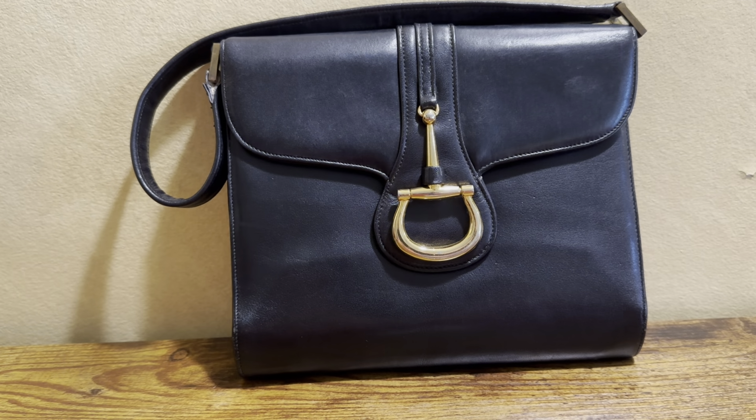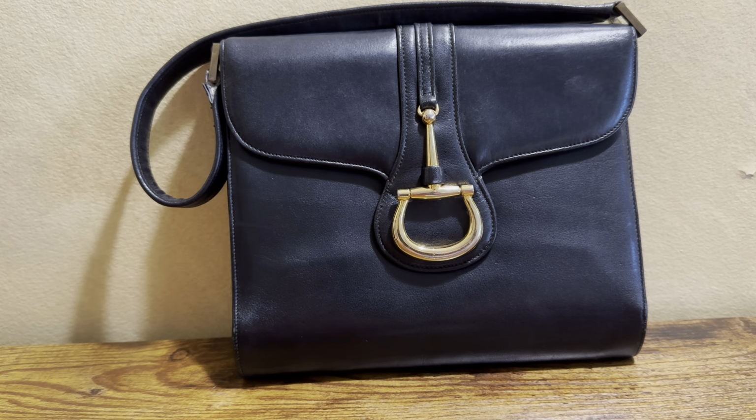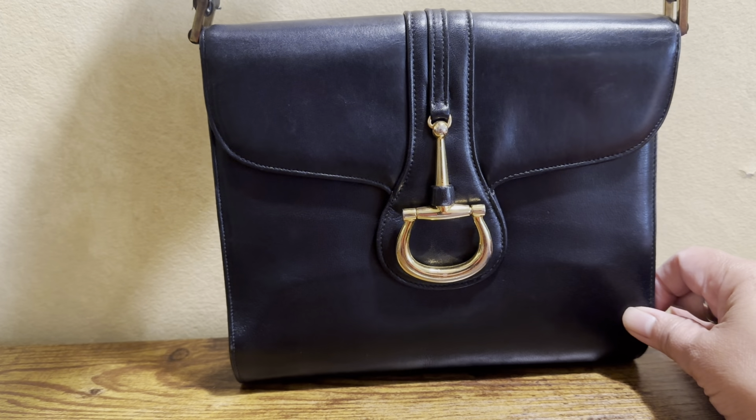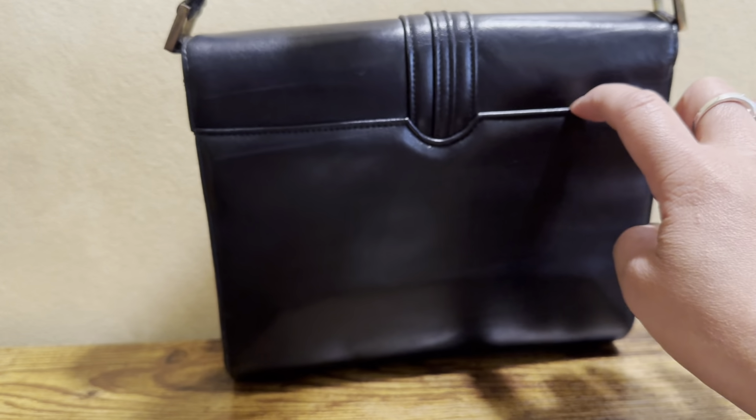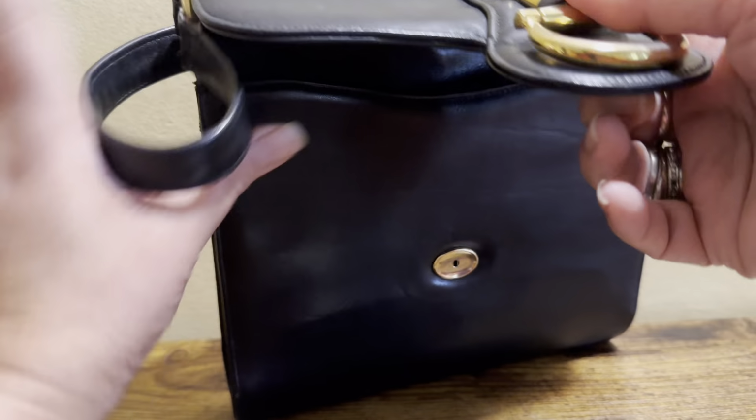And there's also another vintage handbag brand that is Lederer also. Lederer Paris also has this kind of style. So this is a very, very tiny handbag, and yeah, this one,